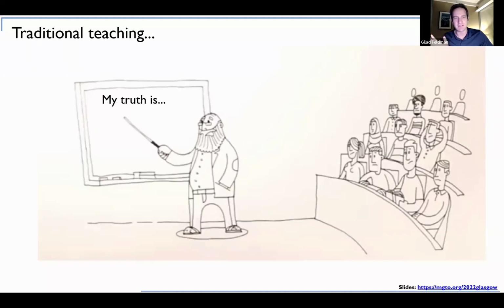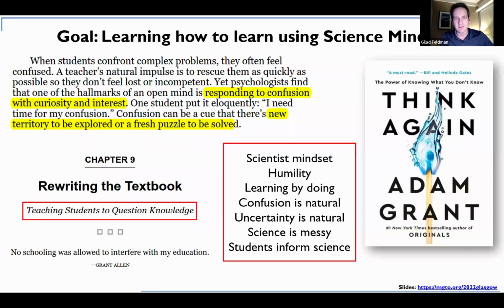I don't like the way that I've been trained in the university, where a professor stands in front of the class and says, the truth is, I don't know, ego depletion or power posing, based on the book. I prefer this more scientist mindset, humble way of teaching, where we teach students to question knowledge, to figure things out together with us, and understanding that confusion is natural and uncertainty is natural and science is messy. And they need to know this. They don't need to get these clean messages that everything works and everything is perfect,